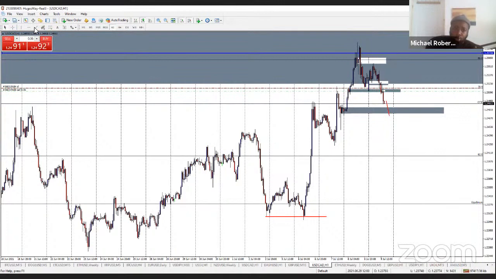Now we are edging closer to the news. The actual Canadian news is in 20 minutes. So no matter what happens, one thing I will be doing, and you should always do this, even if you have to re-enter again, is put my stop losses to even, because I do not want to be unnecessarily stopped out of this trade, okay? All right, so this is one thing.